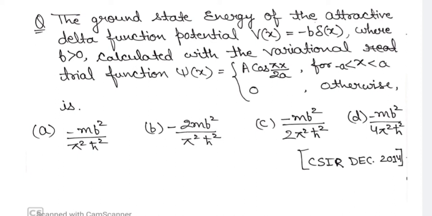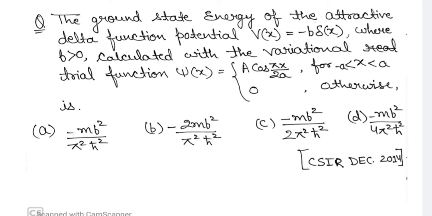When we observe the wave function, capital A is present there as well as small a. Capital A is representing the normalization constant, and the other one is the variational parameter, or variational constant. And you can see in the options it is not present. So when we take step number 2 of our calculation, if capital A and small a remain there, we have to work for them separately to get them, and then we will reach the final answer.